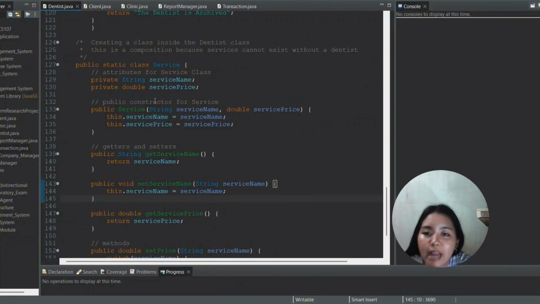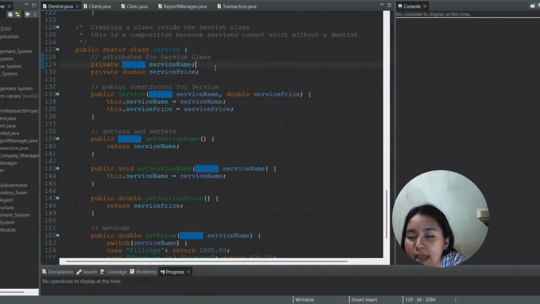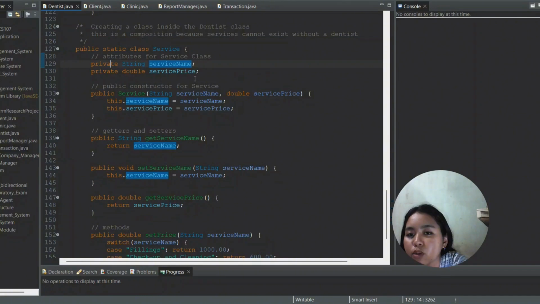And lastly, we have an inner class inside the dentist class, the service class. It also has its own attributes. First is the service name, and then the double, the service price. These two attributes have a private access modifier, so they will not be accessible outside the class.